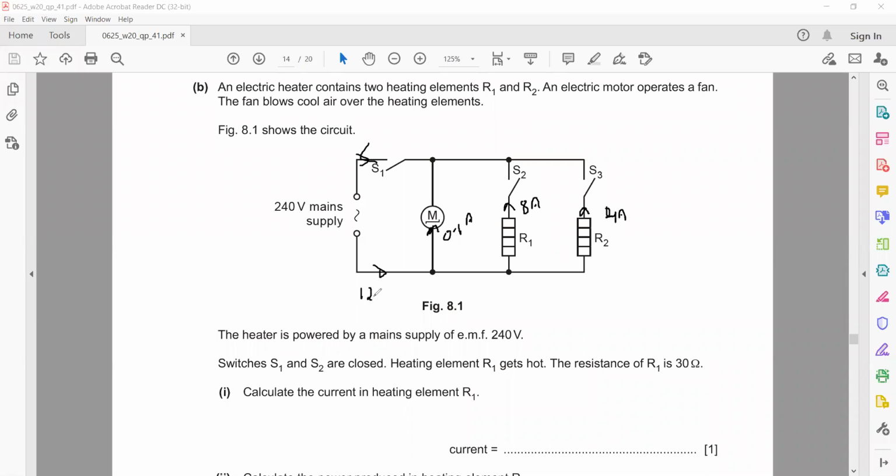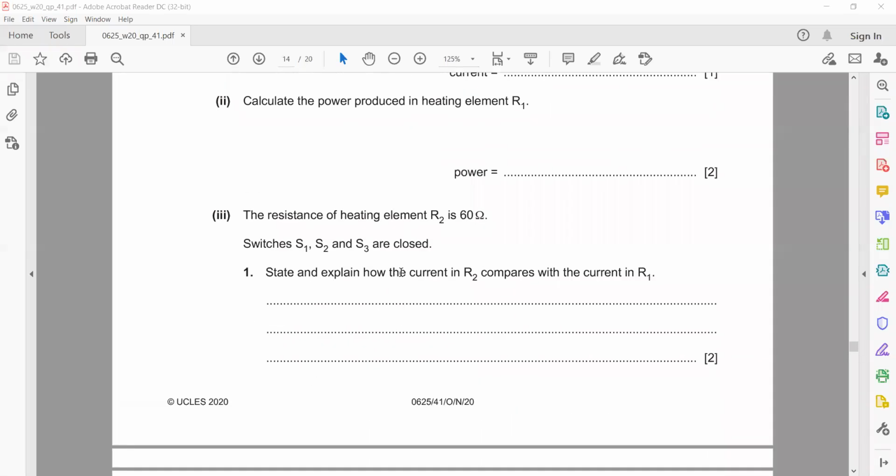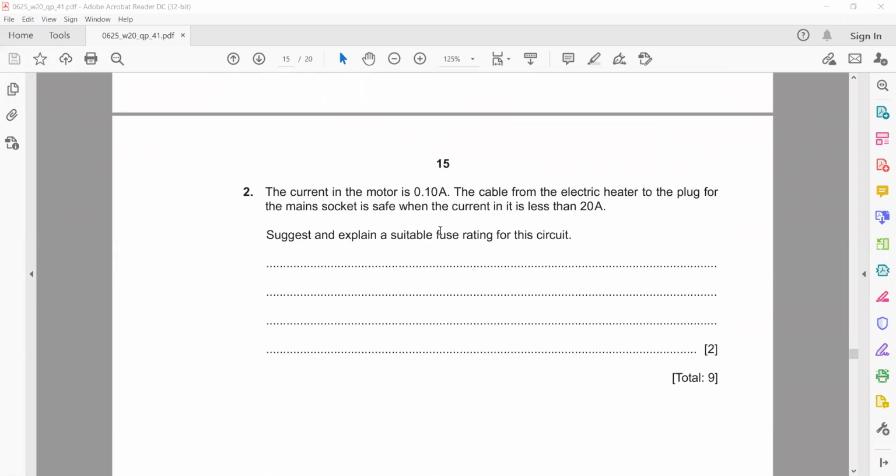So if 12.1 ampere current is there, I should select a fuse which can allow 12.1 or a bit more than that. So what fuse can I select? I can select a fuse of 13 ampere, or 14 ampere. So I can select a fuse of 13 ampere. And how you write the answer, you mention the total current, the maximum current in the circuit is 12.1. So a fuse used for the circuit can have a fuse rating of 13 ampere.